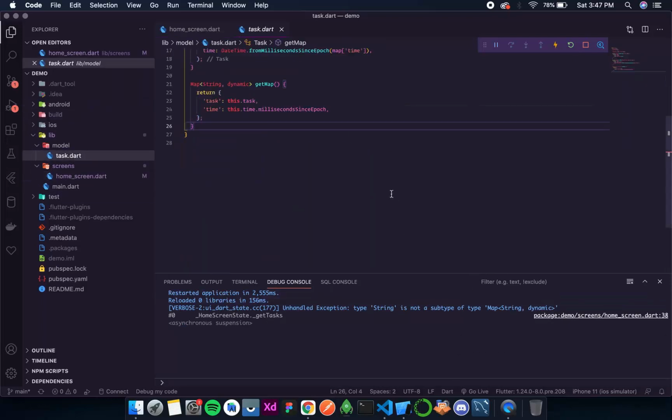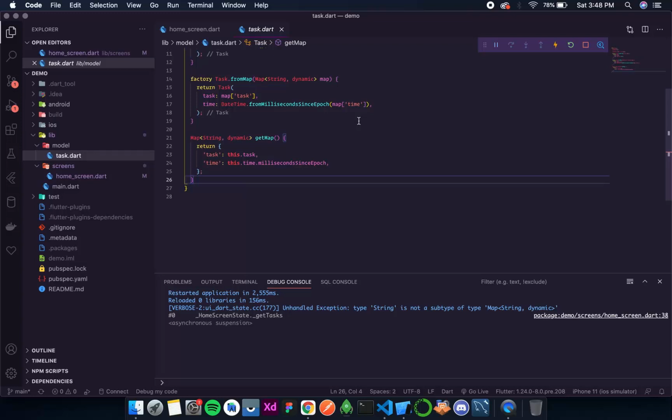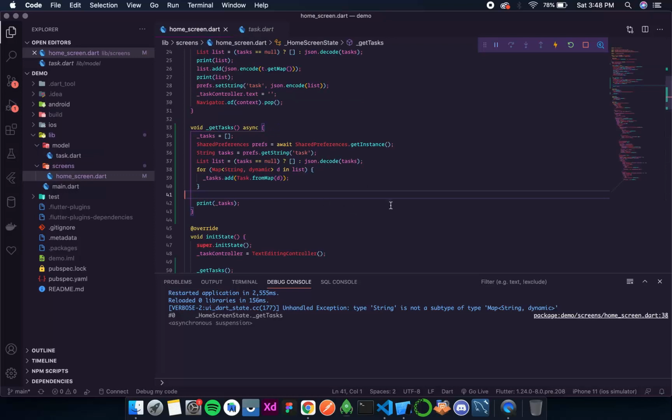Let's go in the task. So in from map we take a map of type string dynamic. I don't understand what is the error over here. We'll have to check the type.